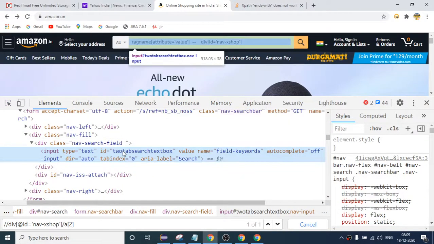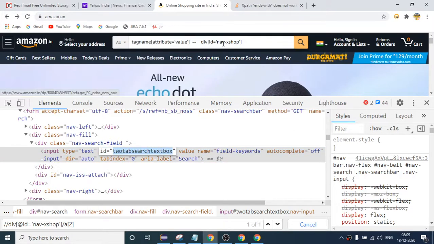This is the text box. If I want to write the CSS, XPath we have already seen: input, tag attribute equals to value. So I will say id equals to, this is our CSS.